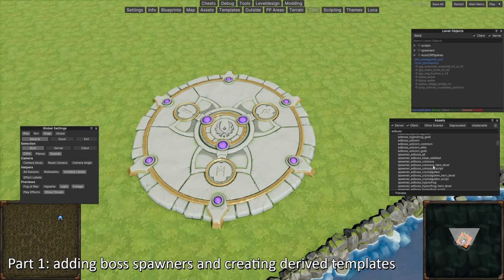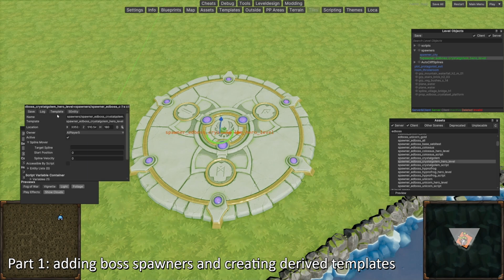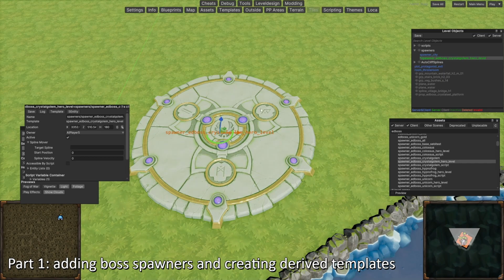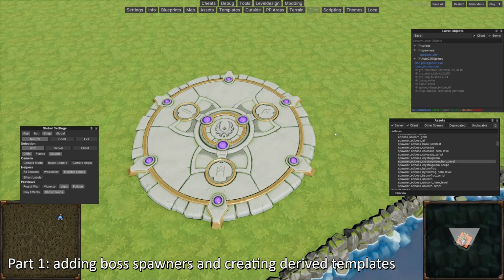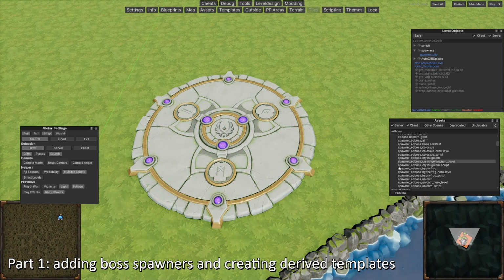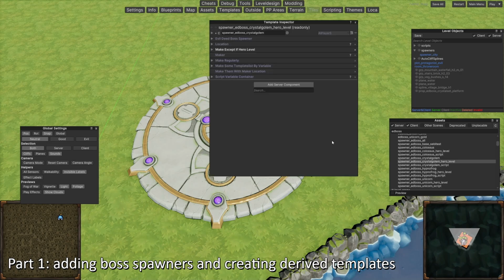We want a spawner. So we go to Crystal Golem here, and you can either choose to place it now and then it will have the default template that you cannot adjust. And I always recommend with certain level items, if you're gonna place it, you want to make a derived template from the assets. So I don't want to place it yet. I do right mouse button, open template